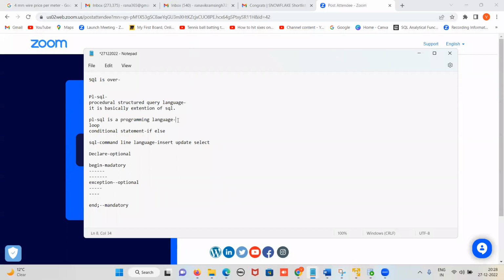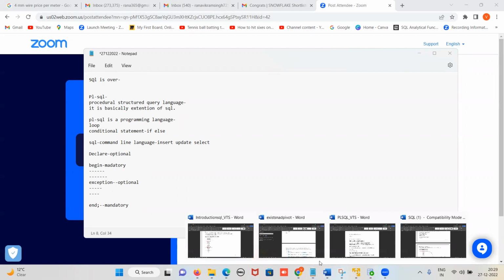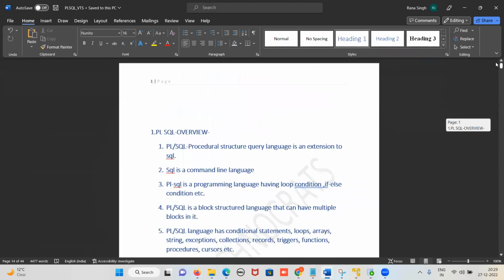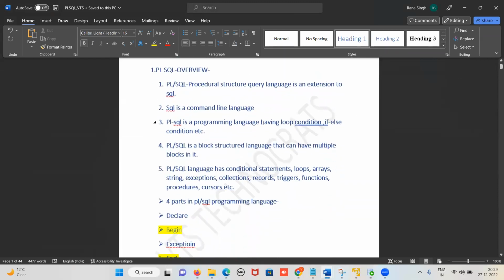Now what we are going to learn, guys, is that we are going into developer mode and we are going in depth. Let us try to understand the developer's point of view. I have made separate material only for PL SQL so that you can go through it anytime from here. So I have written here, first of all,